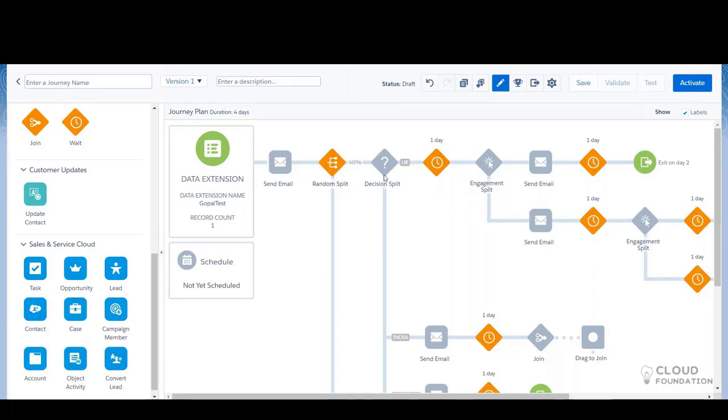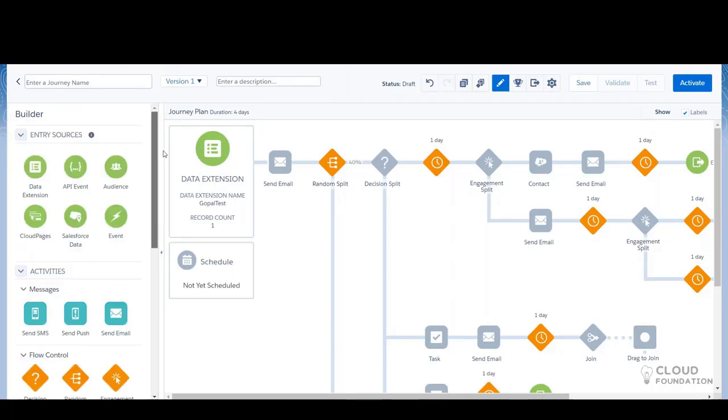Let's say you send out an email, and after that email is opened by the customer, if he's interested, you can directly create a contact from Marketing Cloud in Salesforce. This is for creating a contact. Like that, you can create a task in Marketing Cloud. Let's say you send out a reminder email, then after that you can create a task, a case, a campaign member, or a lead. You can convert a lead, and do all this with accounts. You can update activities and objects.